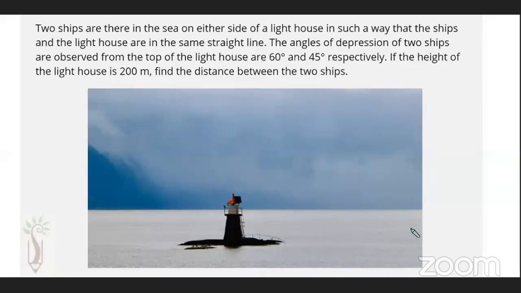Now, in this case, they're saying the 2 ships are on either side of the lighthouse. I couldn't get a picture for that. What does this mean, on either side of the lighthouse? Both sides. One is on the left and one is on the right side. So I've just taken a picture related to the question. Let me say one of the boats is here and the other boat is here, which I'm labeling as A and B. So first, let me draw the line of depression, that is the line of sight, so it's easier for me.